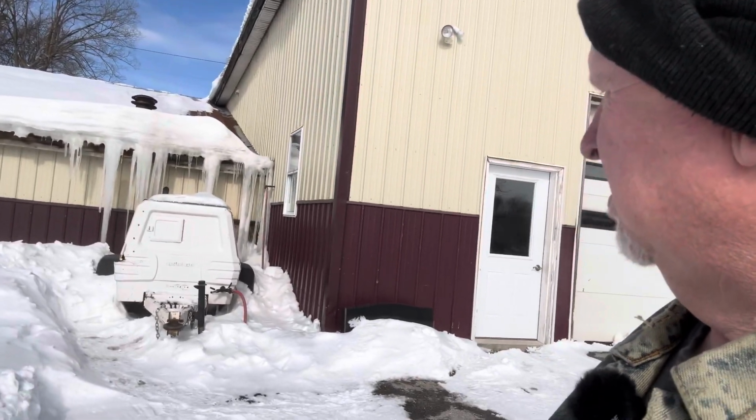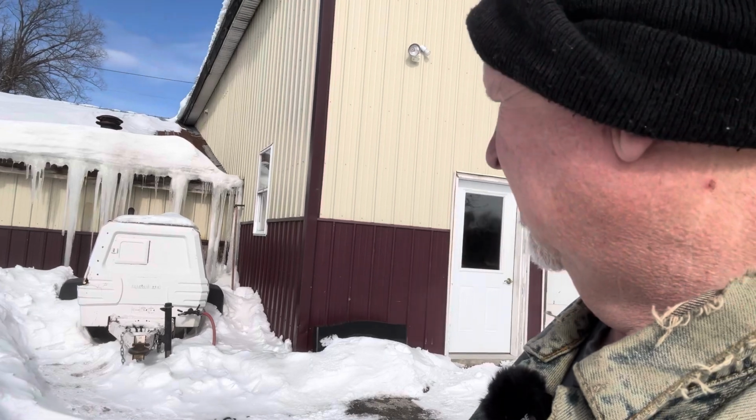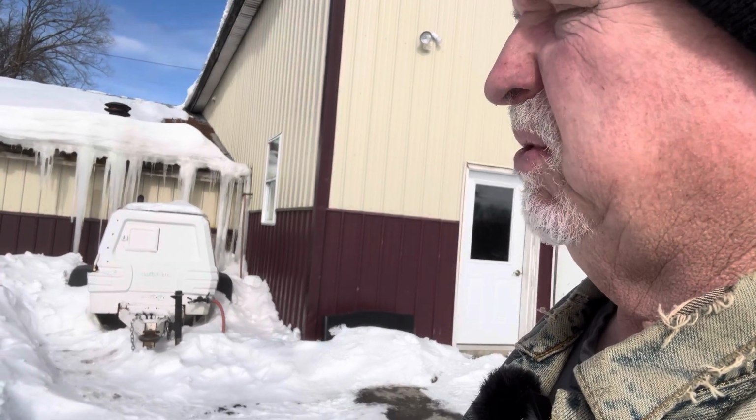There's my compressor. I can't get it out right now. I mean, I could if I wanted to dig a bunch, and so I'm having to bring diesel fuel to it. I'm on the verge of calling a truck and having them come and just fill it. My truck